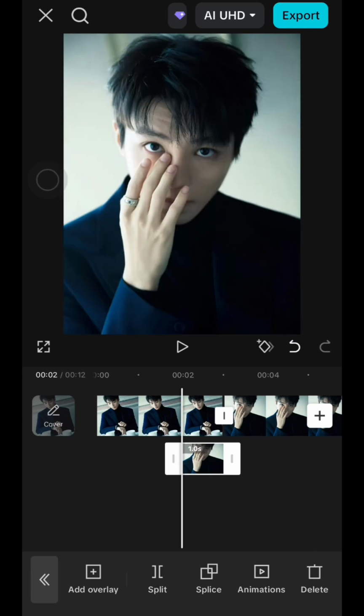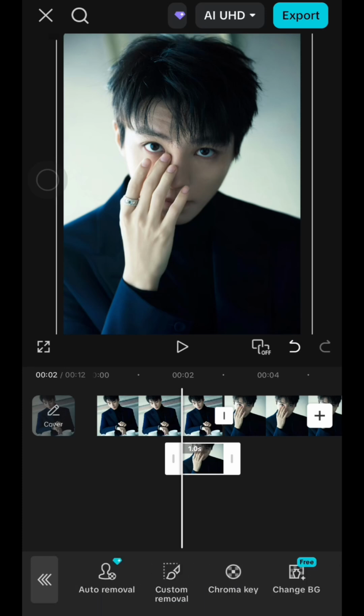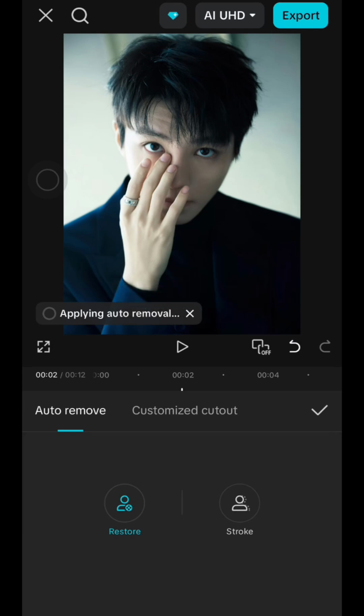And then just tap on remove background. I will choose auto removal like this,